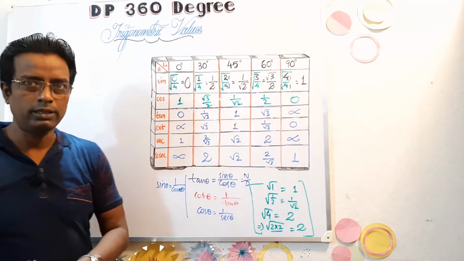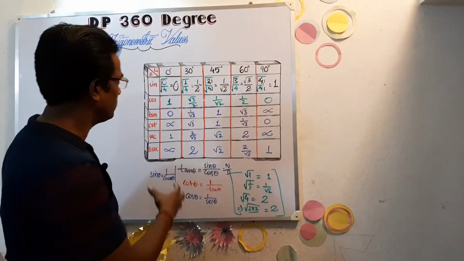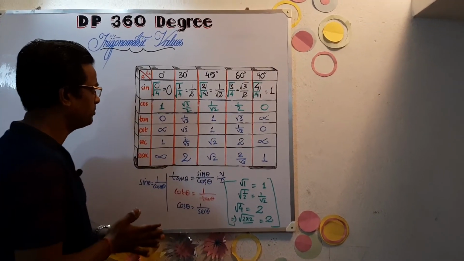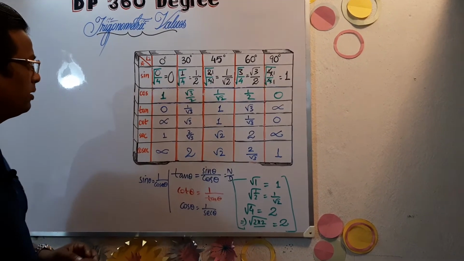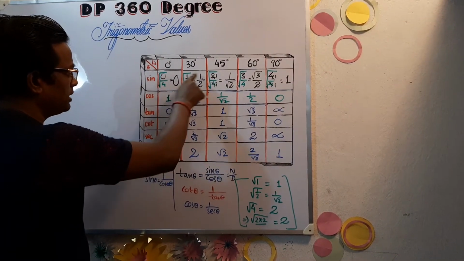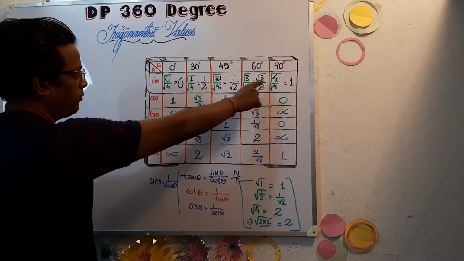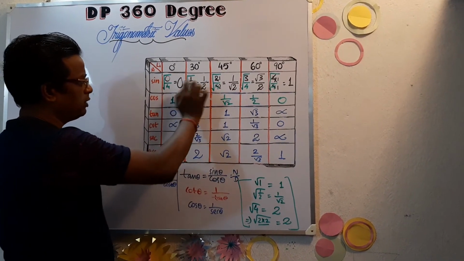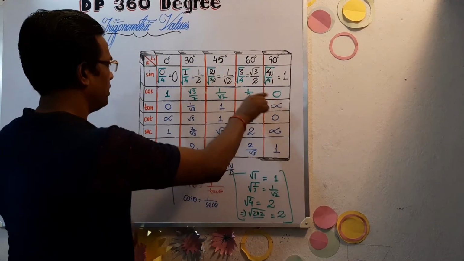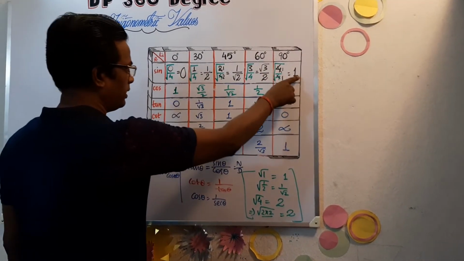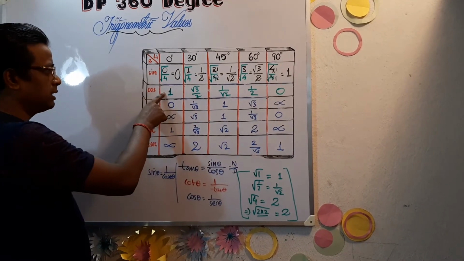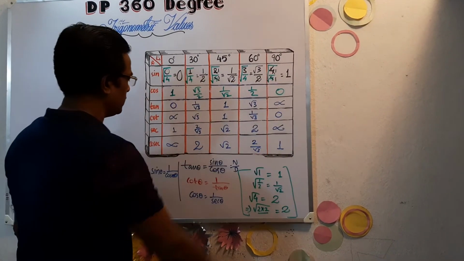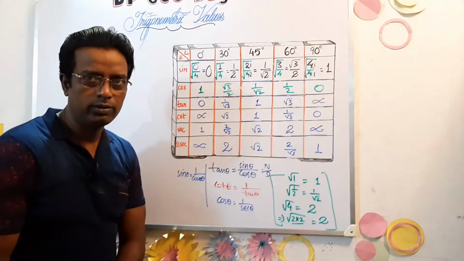Before concluding the session, I would like to recap the major steps once again. First, sine is very important. Write 0, 1, 2, 3, 4 in the respective boxes, divide it by 4 uniformly, and then take square root values to find sine. Then write in reverse order. You will get values from 0 to 1 in increasing order. Then in cos, write in reverse order, 1 to 0. Then divide them, you get the values of tan, and subsequently just follow the session.